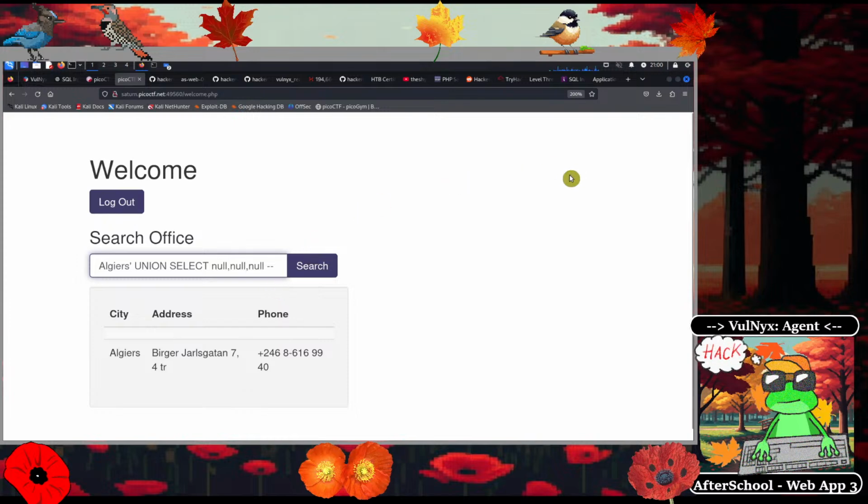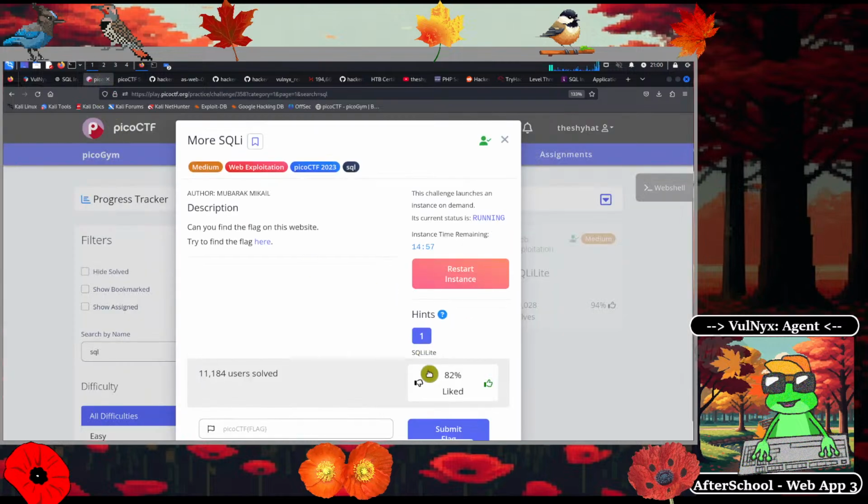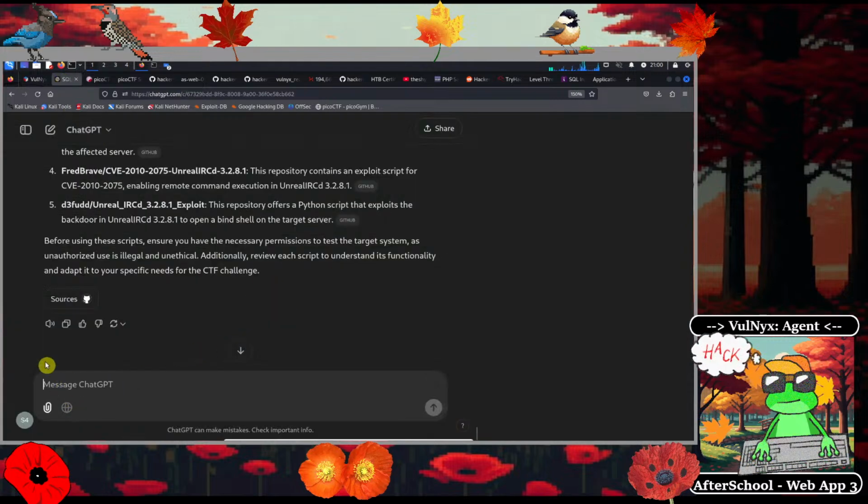So Gopux said that the hint in the challenge said SQLite. So we need to figure out which function is going to give us the name of the database in SQLite. So we could ask ChatGPT using